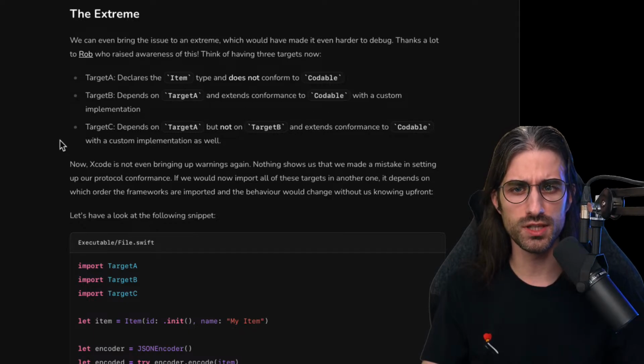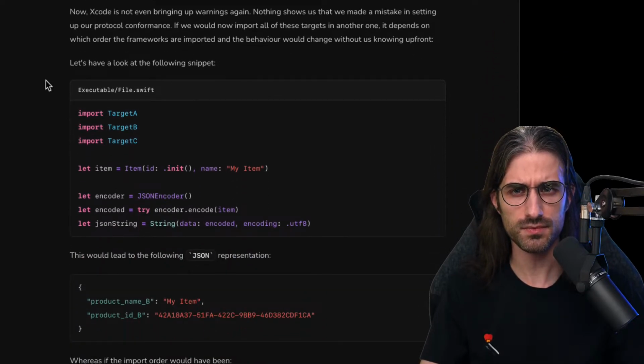Target C also depends on target A, but not on target B, and extends conformance to Codable with a custom implementation as well. So target A declares the type, and both target B and C declare a conformance to Codable, each with their own different custom implementation.